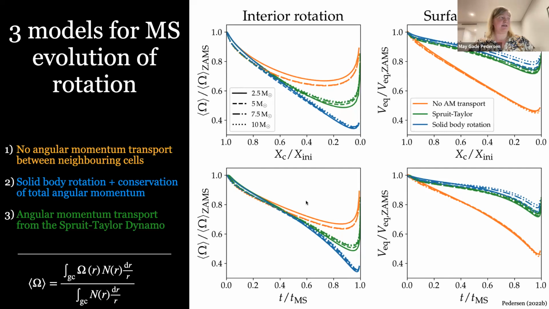So we have hydrogen mass fraction versus the age of the star measured as a ratio to the main sequence lifetime. On the left, we have the interior rotation experienced by the gravity modes, calculated as the average rotational frequency experienced by the gravity modes over their propagation cavity, weighted by the Brunt-Väisälä frequency. And on the right, we have what happens to the surface rotation. All of these profiles are scaled according to what the rotation is at the zero-age main sequence.